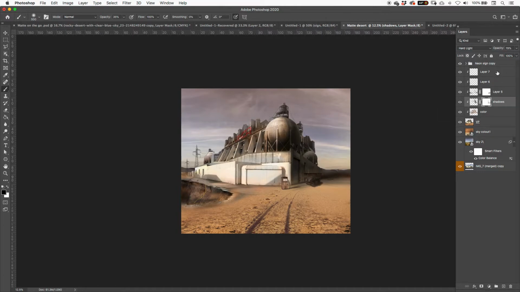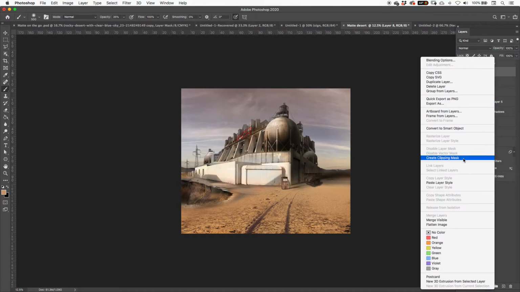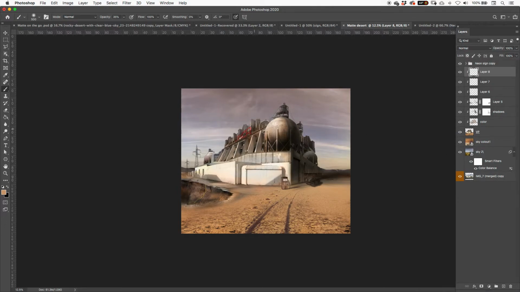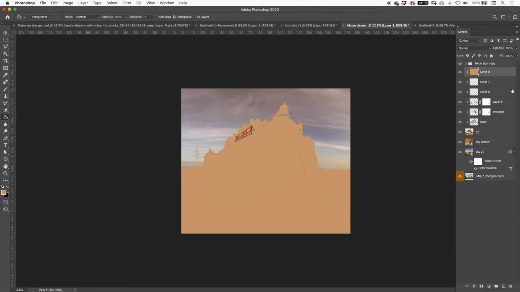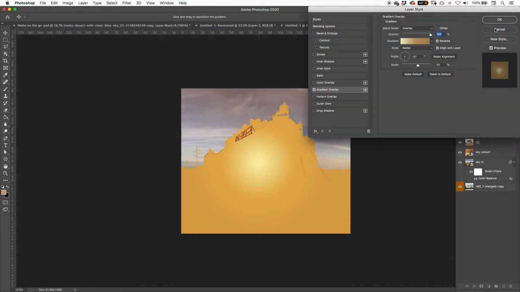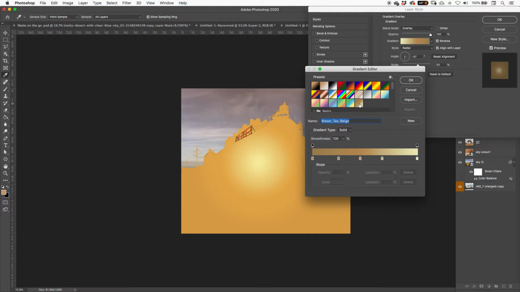One other thing that I'm going to throw in, just as sort of an extra bonus, is I'm going to create another layer. Once again, clipping mask, gotta love them. It's going to stop me from painting on the sky. I'm going to just throw a block color in here, and it really doesn't matter what the color is. This is right on the top, and I'm not actually going to use that. I'm actually going to use a gradient overlay for this. So I'm actually going to hit gradient overlay, and I've got one that I usually use, which is a brown